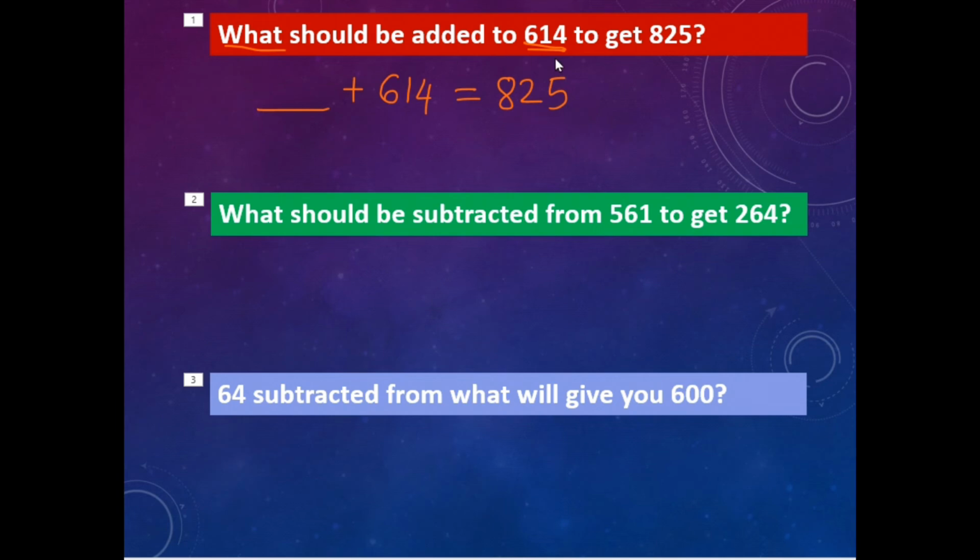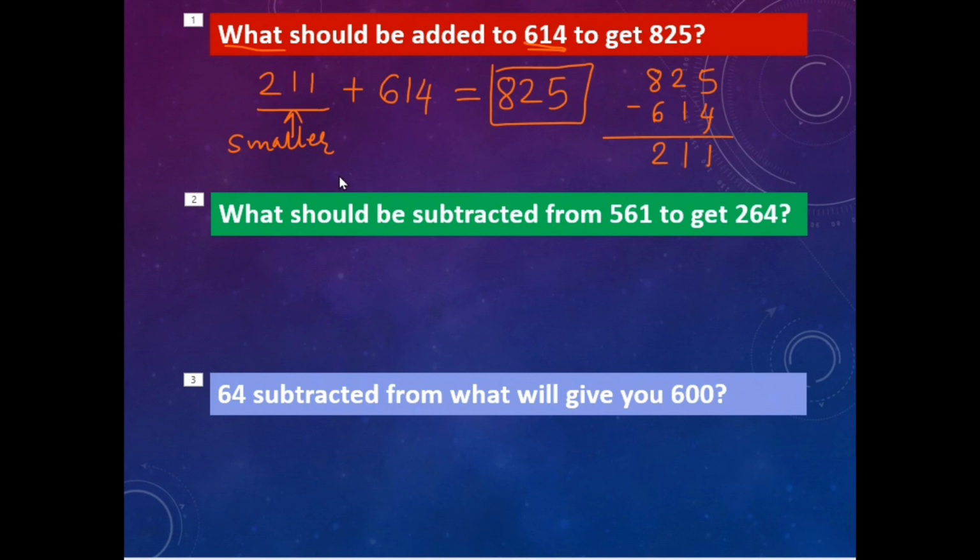Now when your expression is formed, you know that this is an addition statement, and the number that is missing here is the smaller number, because you all know now that whenever you add two numbers, your answer is always the greatest one. So the greatest number is present, smaller number is missing. To find the smaller number, you will subtract the numbers which are present. So 5 minus 4 is 1, 2 minus 1 is 1, 8 minus 6 is 2, 211. That's your answer. Now let's focus on the second question.